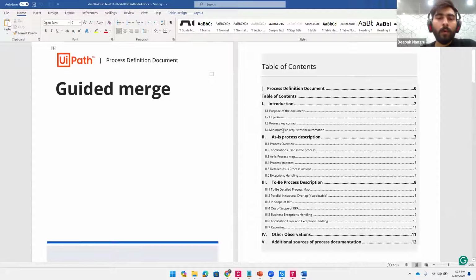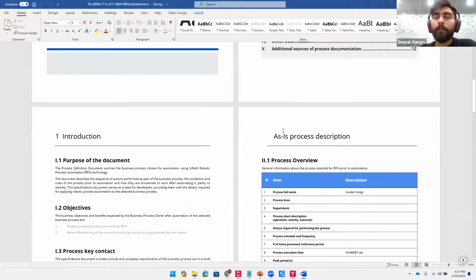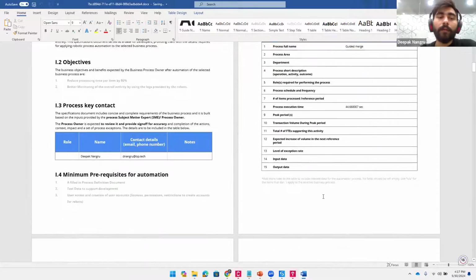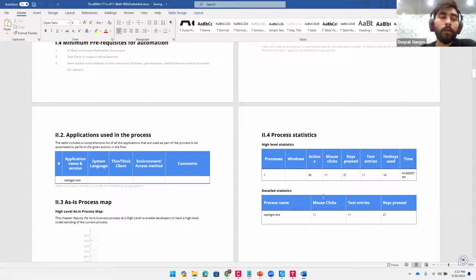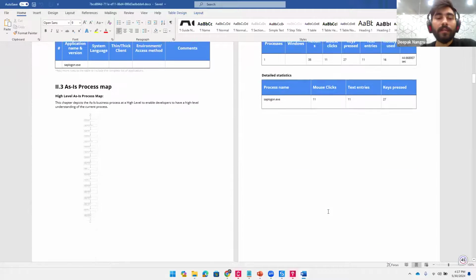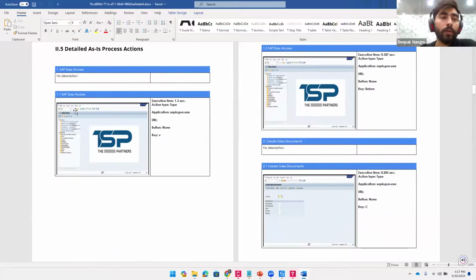It has a table of contents, all the detail that it found for you from your analysis, like name, time taken, different applications, different users who perform this, and the flow chart, different clicks on certain applications, how many clicks, and below you will find a screenshot and where you were typing. The description that the BA will provide in the analysis phase will come here.